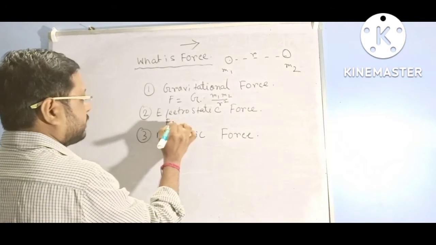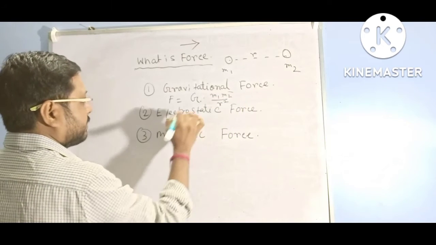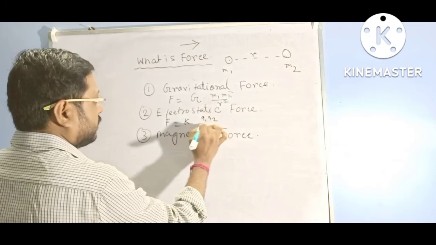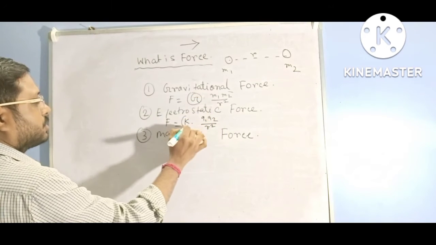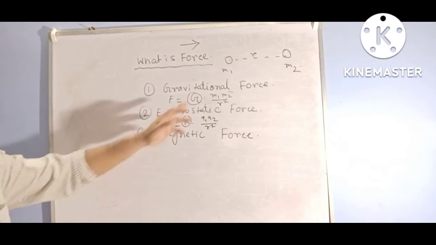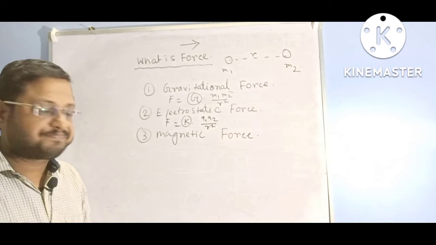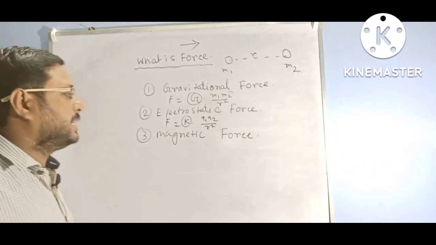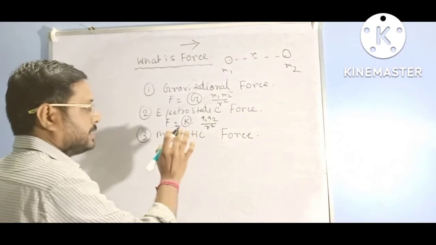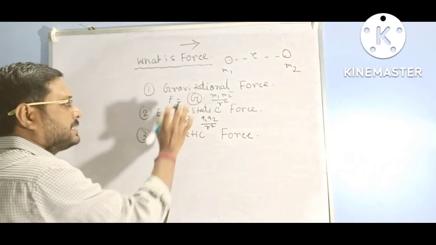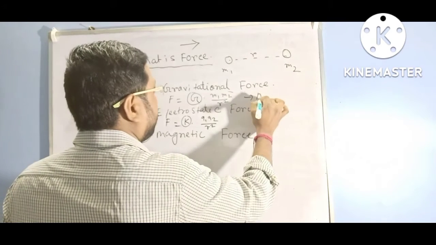Electric force is similar to gravitational force. Here mass is involved, and here charge is involved, but again it is q1 q2 divided by r square. Here the constant used is G, here the constant used is k. G is the universal gravitational constant and k is a constant related to the permittivity of free space. These two forces are about 90% similar, but gravitational force is always an attractive force,